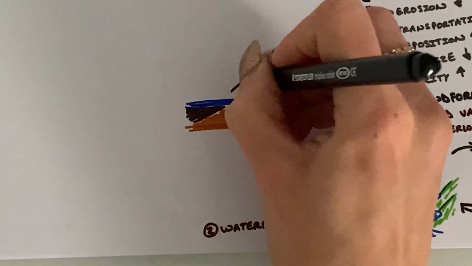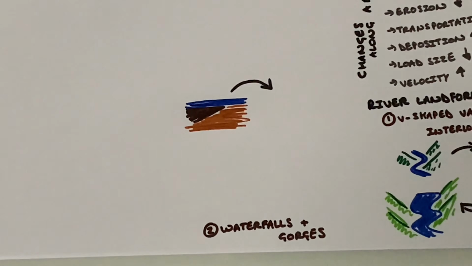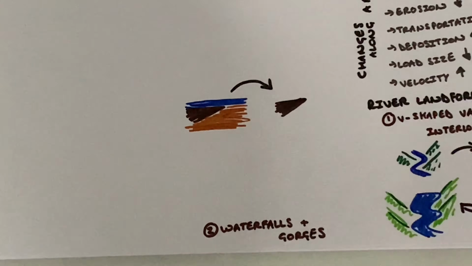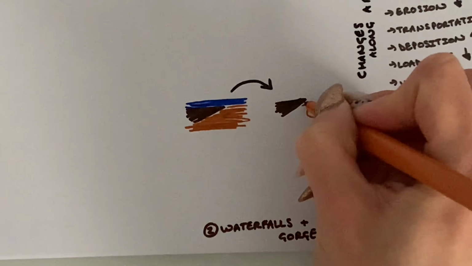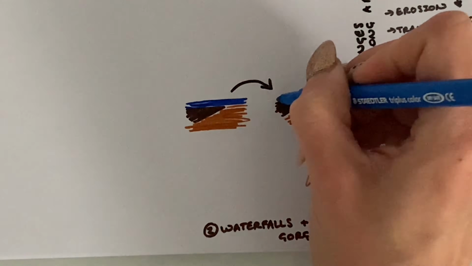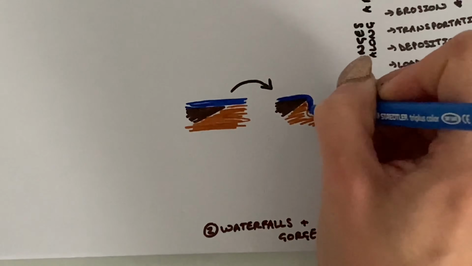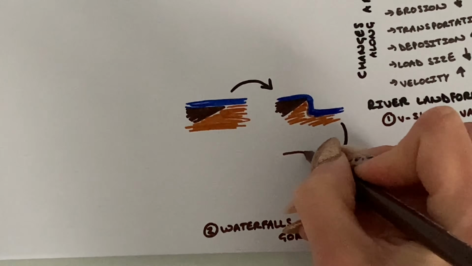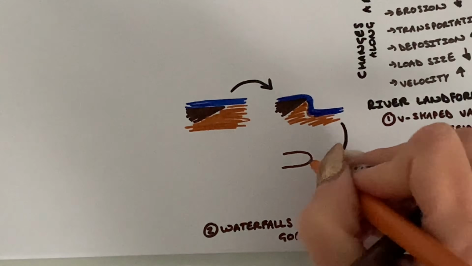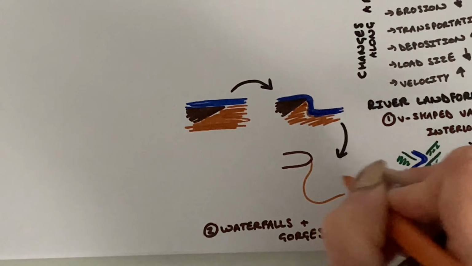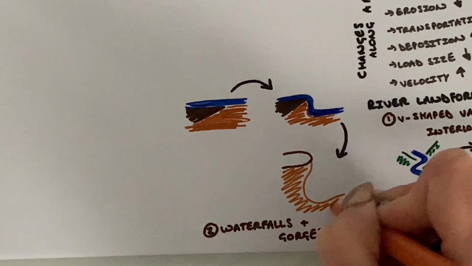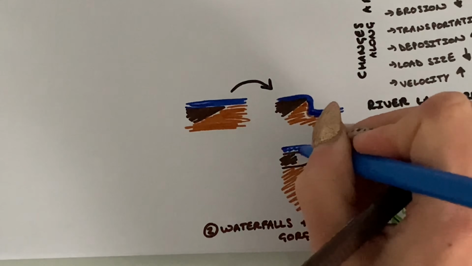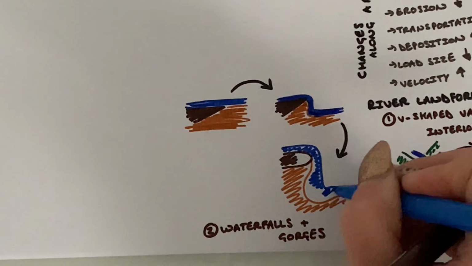Now, that less resistant rock, like I've just said, is easier to erode, and therefore we get a lot of vertical or downwards erosion. Whereas the resistant rock is what we call undercut by the water, which is flowing over this particular area of the upper course of the river. So after a substantial period of time, this will create a waterfall. Now, the resistant rock then forms an overhang over the less resistant rock due to that undercutting taking place. And below, due to the force of hydraulic action, we have a plunge pool starting to form,